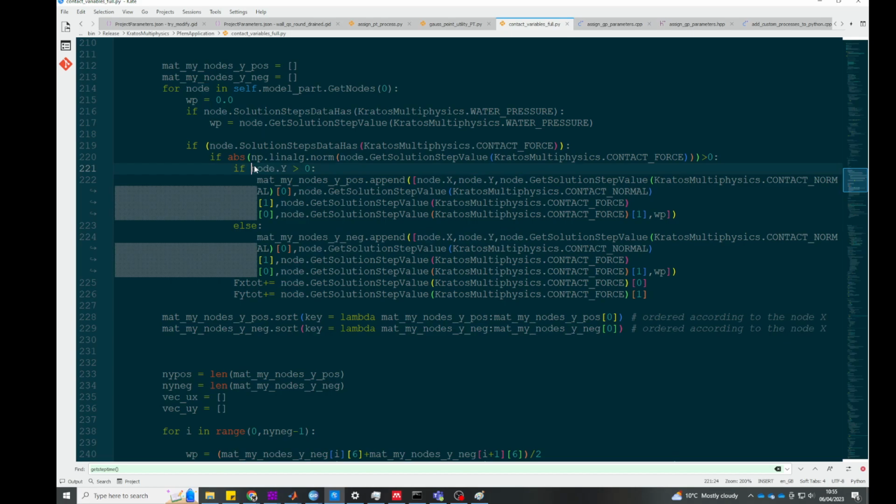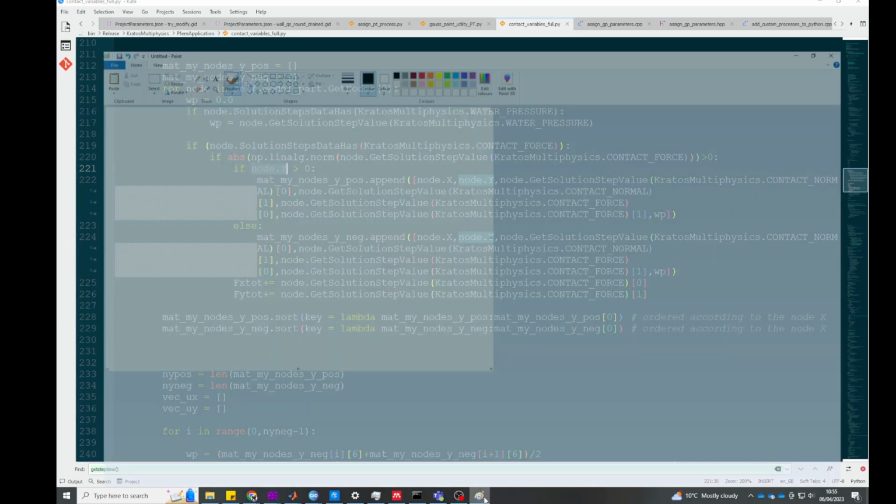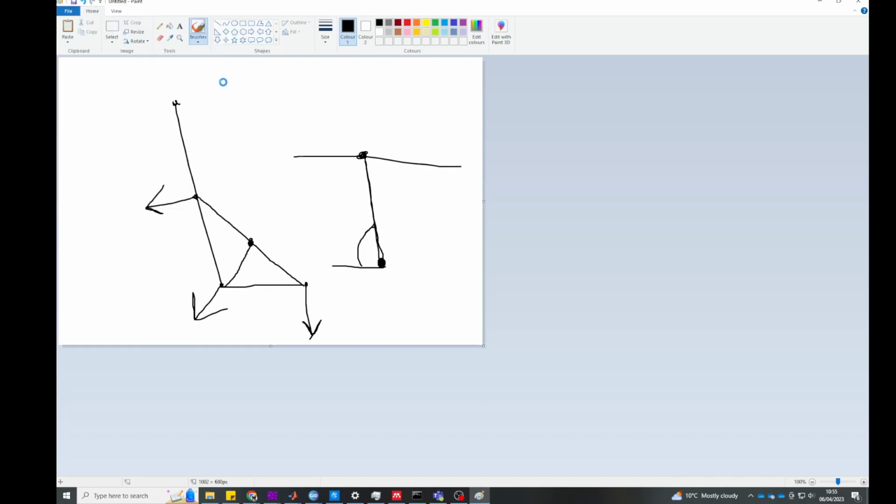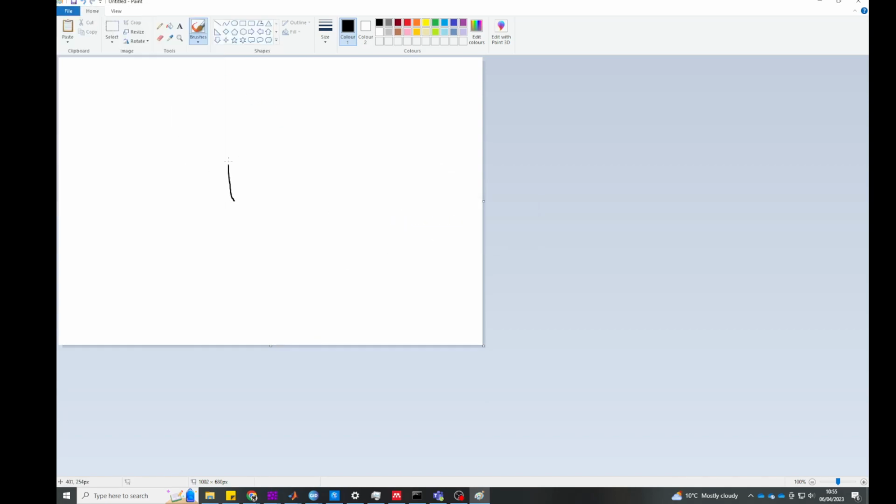And if the node y is greater or smaller than 0, so just vertical position, and this was for, let's say, a T-bar, so let's say if this is the T-bar and the axes are 0, 0, the reference initial position was 0, 0,